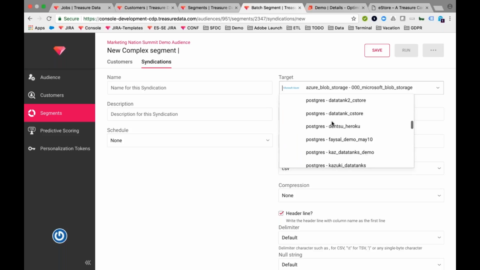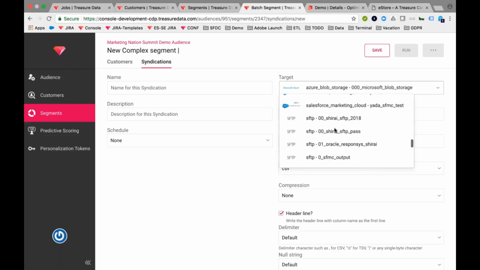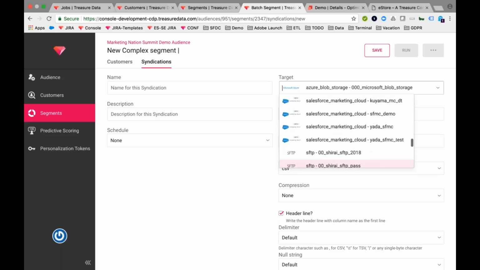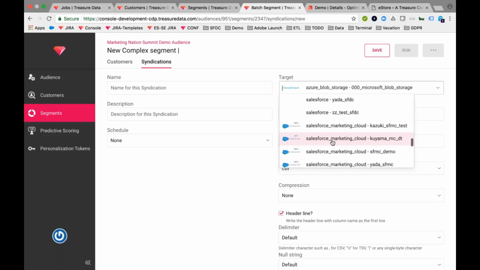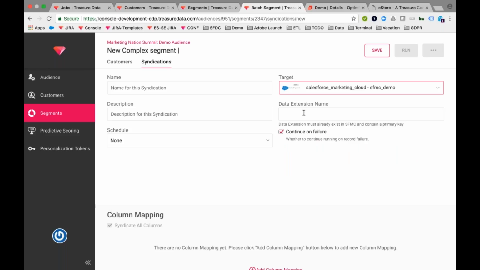We have different data endpoints. A big one for us a lot of times is, let me see if I can find it, Salesforce Marketing Cloud. Salesforce Marketing Cloud is probably the number one one that I use right now. It's the old ExactTarget product. It's an email vendor. So we have a large number of use cases where we are creating email lists to serve business purposes and then triggering the emails here. The creative is still created back on the Salesforce Marketing Cloud side.